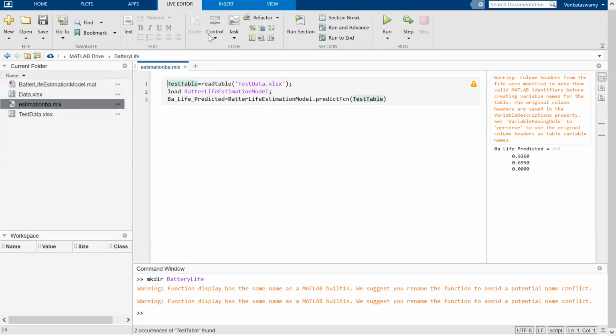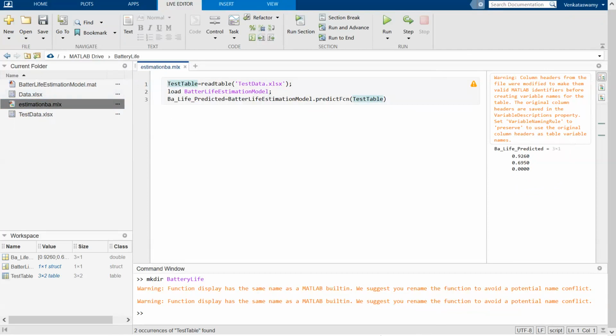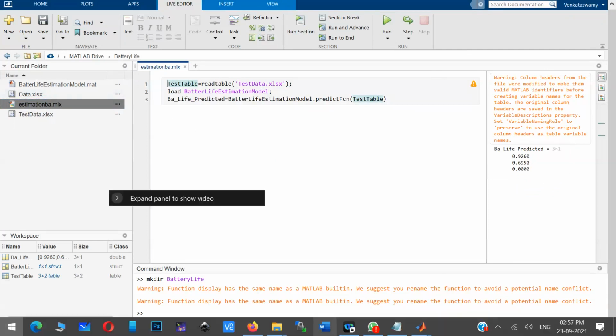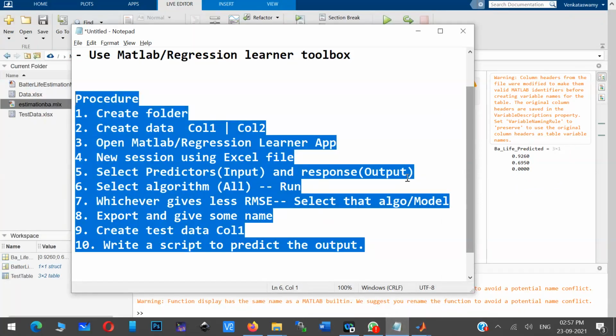You just run this script and the same output you will get here as well, correct? So this is how this works in the online platform. Try this one and let me know if you face any difficulty. The code also I pasted there, and this is the procedure, you can keep it for your reference.